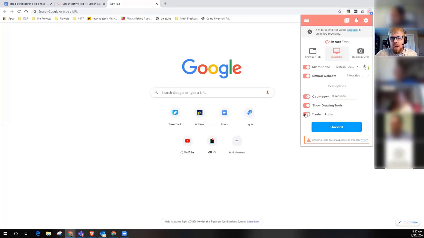And then the system audio. System audio is nice if you are going to be doing something on your computer that's making noises that you need to hear. So in addition to recording what's coming into your microphone, recording a background song, or if you're going to be playing a short clip from a YouTube video, you can record that. But if you don't tell it to record the system audio, all you'll get is pictures. And sometimes you'll want that and sometimes you won't. Okay, so that's the kind of thing where you'll want to make a conscious decision about whether or not you want the system audio going or not.